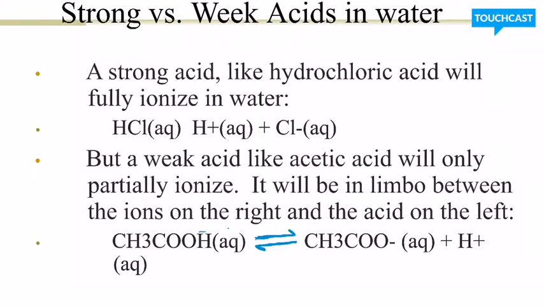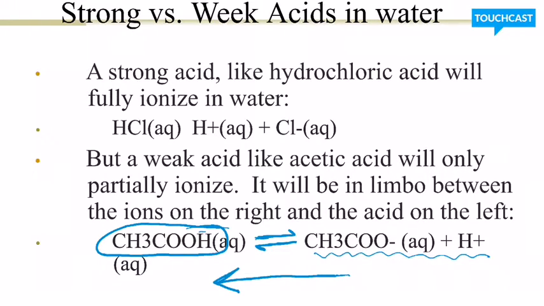This is acetic acid, just written a little bit differently. Acetic acid does not like to produce very many ions because it's so weak. So the equilibrium has a preferred side that it prefers to stay on, and that would be on the left. So the equilibrium is favored on the left-hand side. That means that, yes, you're going to produce some of these ions, but you're not going to produce very many. And so you would have a weak electrolyte, and you would not have very many ions in